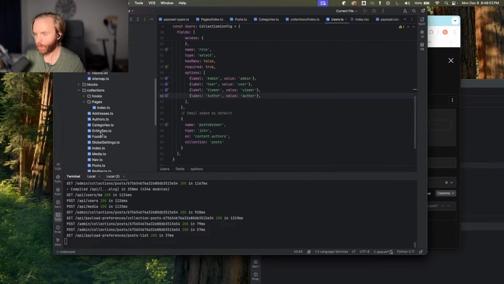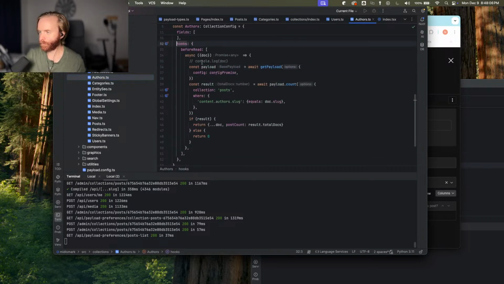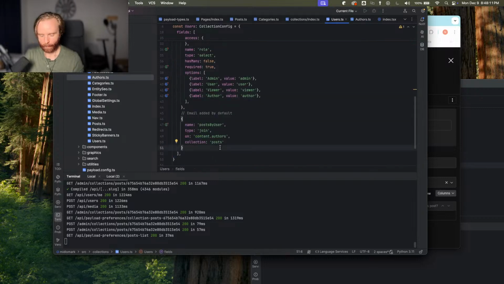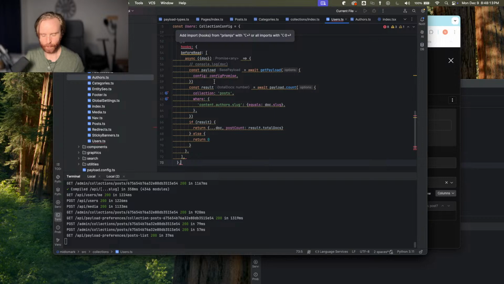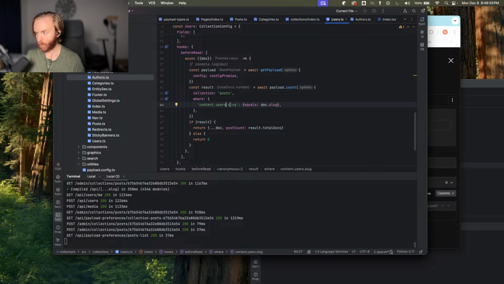So now we can add that hook that I was trying to use, which might be in an author field now. So if I go here to authors, we're going to take this hook and paste it back over into users. And what this hook is doing, whoops, the hook needs to go outside of the fields. Now, before the document is read, we're going to analyze the document, and then we're going to query our posts collection where content authors, which is now going to be users dot email, equals doc dot email,